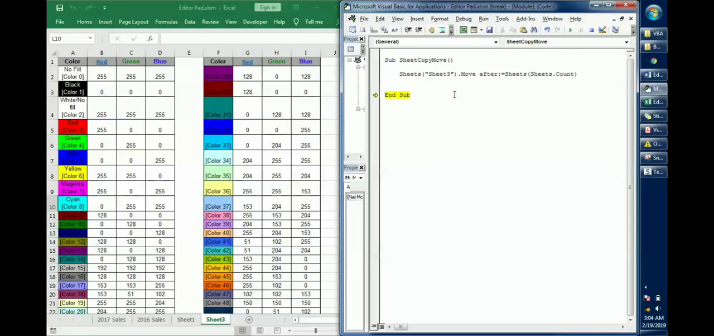You can see it has moved towards the end. By this you can move the sheet towards the end of the workbook. Now let's see how we can place the sheet or move the sheet towards the extreme left, sorry, before any sheet. Let's just comment this and copy it,